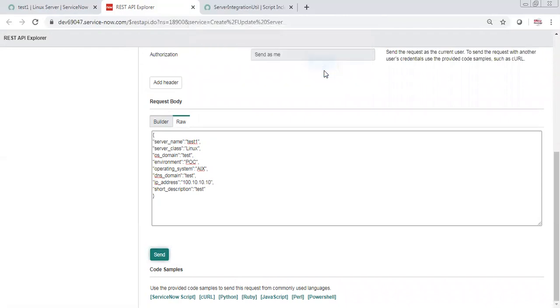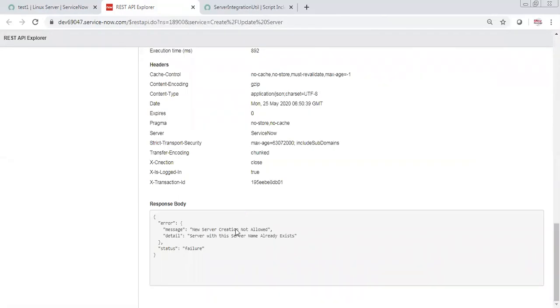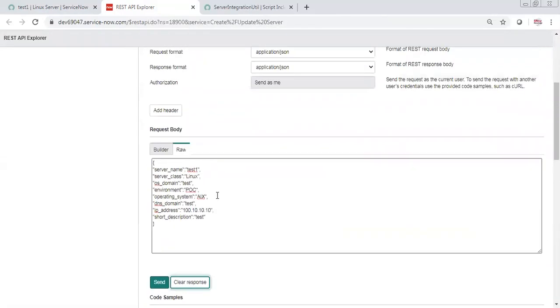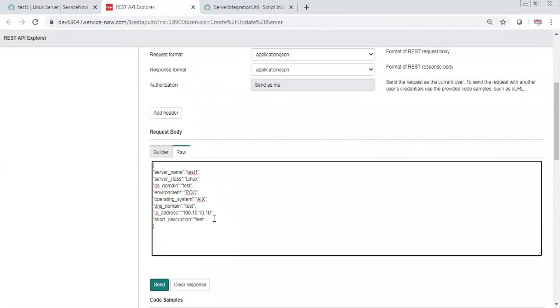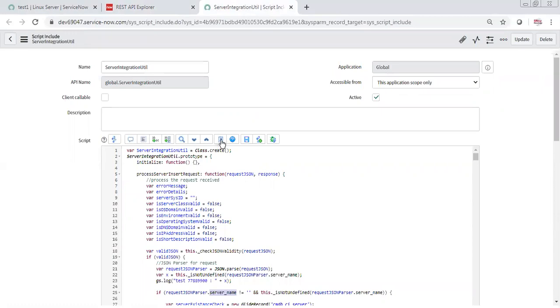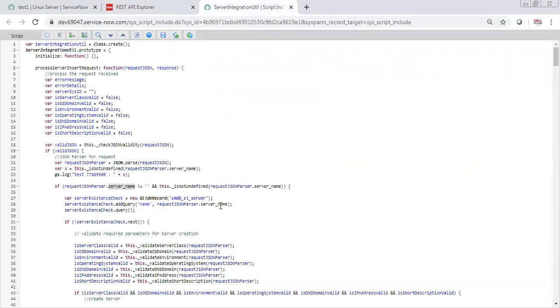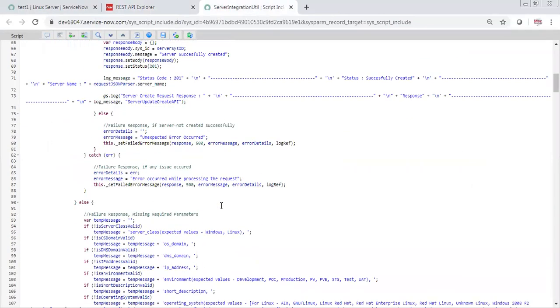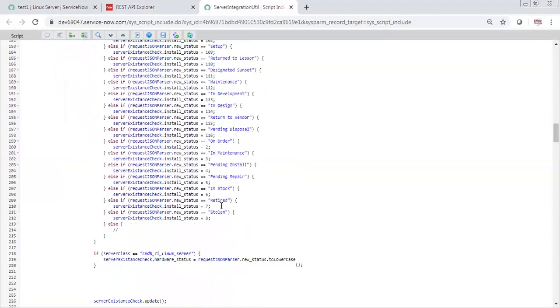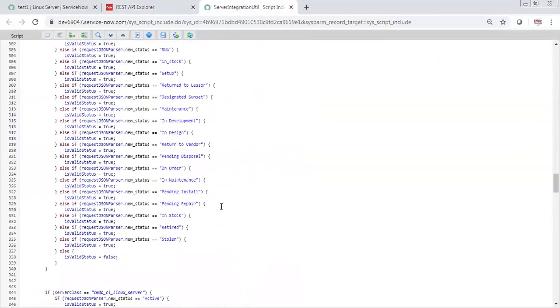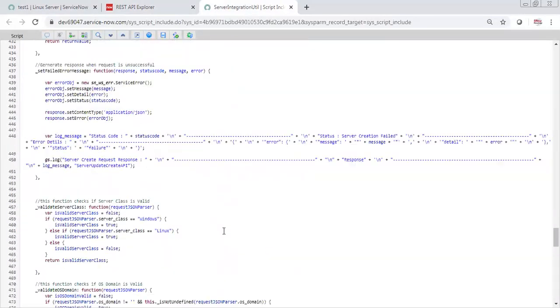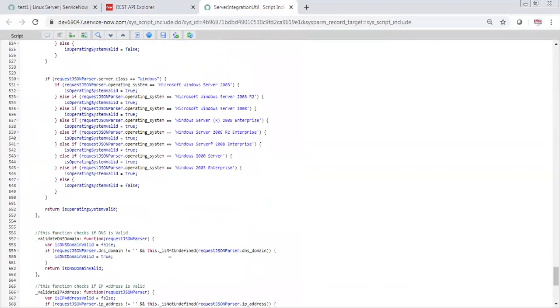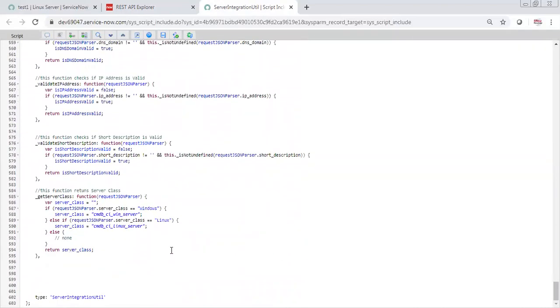So even if they send wrong JSON, that is also validated by this API. Now in terms of code, it's going to vary for sure in each and every scenario. What you can standardize or have is something like this logging format.